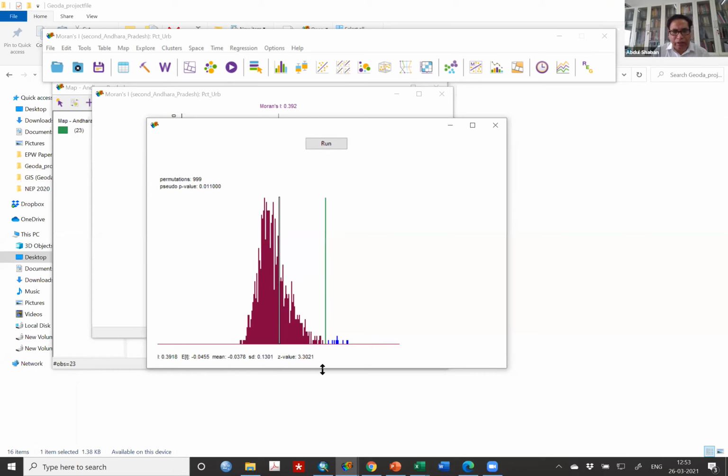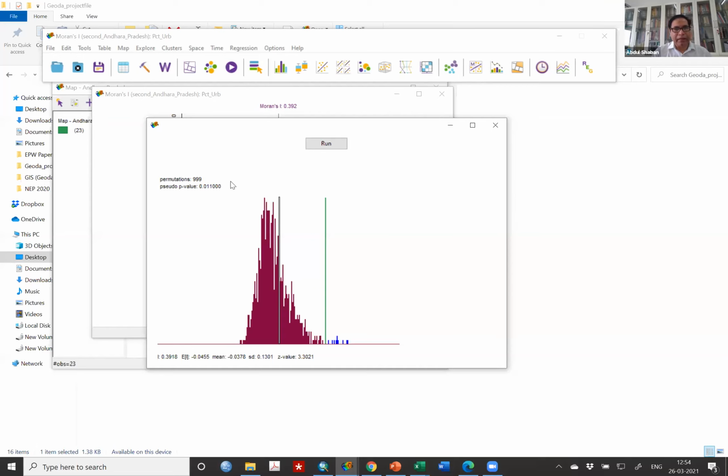All of you know, in normally distributed data, anything above 1.96 or 2.06 becomes significant, two-tailed or one-tailed. So the p value is coming 0.0. It means there is a spatial association in the data, but a negative association.